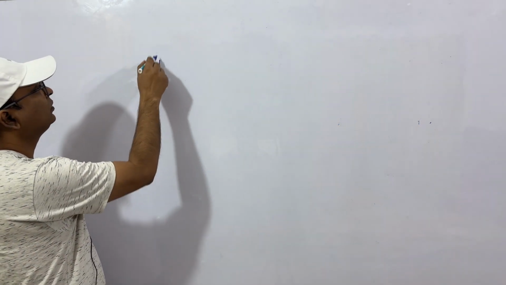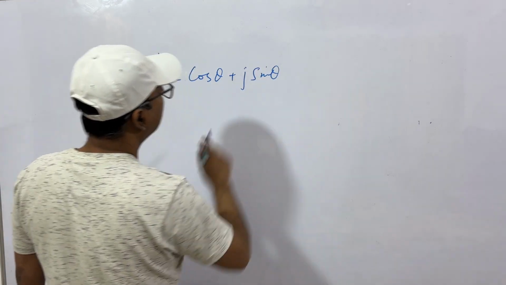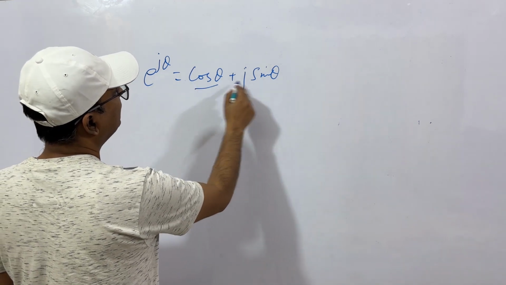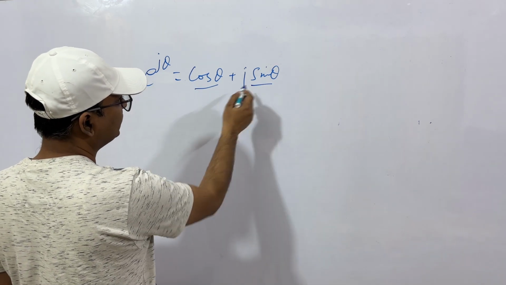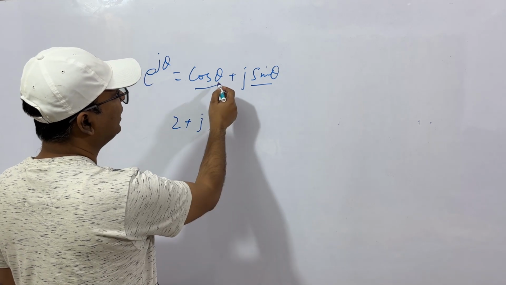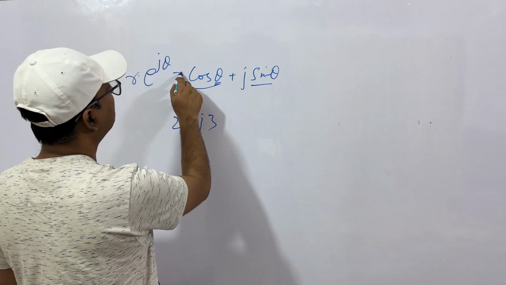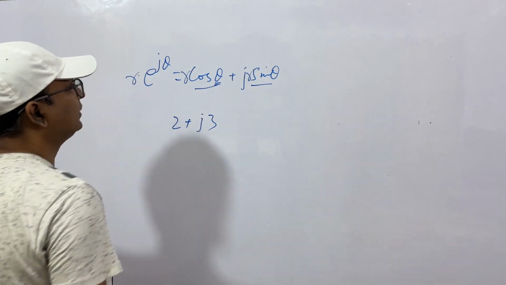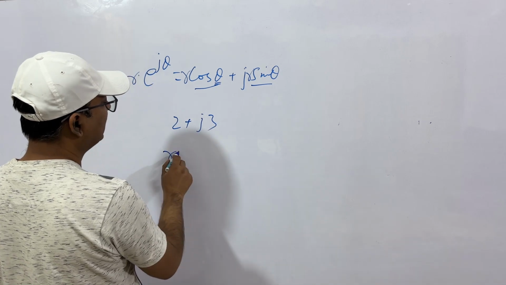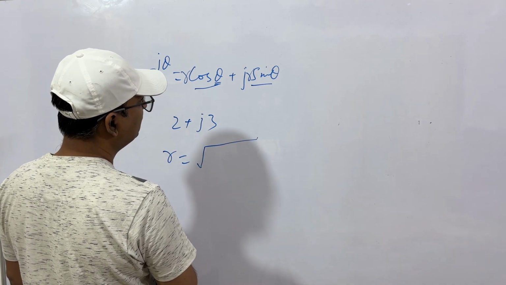Similarly, now you know e to the power j theta is cos theta plus j sin theta. If you have a given function in Cartesian form, let's say 2 plus j3, you'll have to find what is theta. Actually it is r e to the power j theta, so you have to find r. What is r? You know very well. R is under root